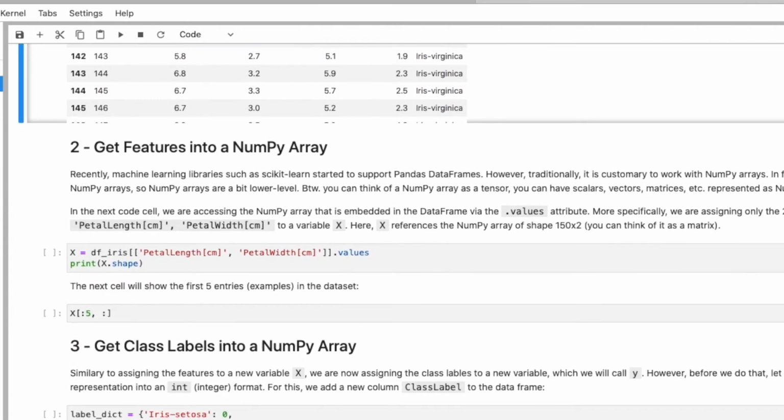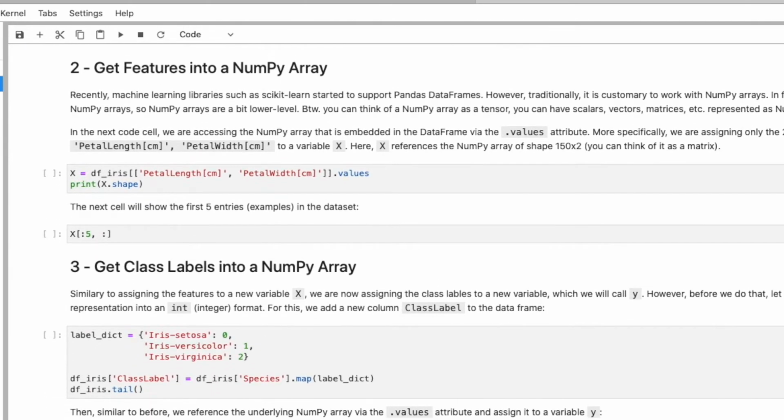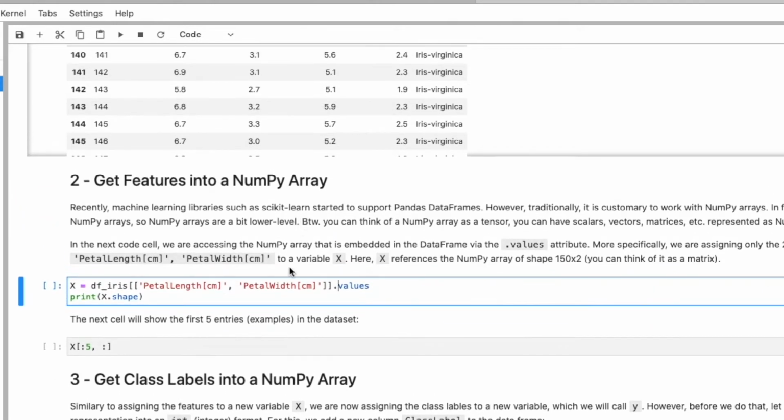In machine learning, we usually use NumPy arrays instead of data frames. However, recently scikit-learn also started to support data frames, so we could technically use data frames too, but maybe because I'm traditional, I still like to use my NumPy arrays, which is maybe more the classic approach. Let me go one step back.